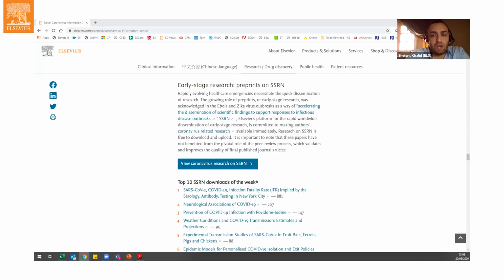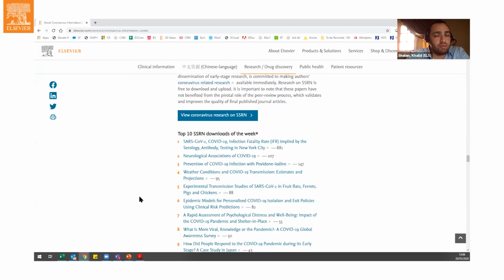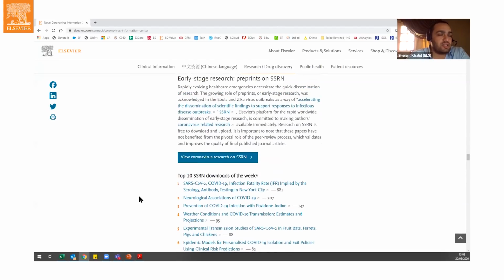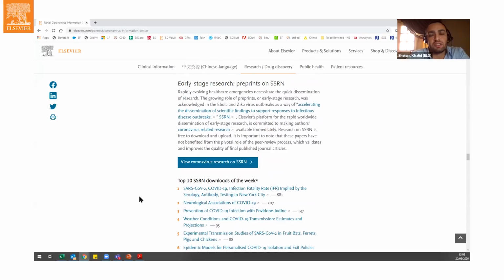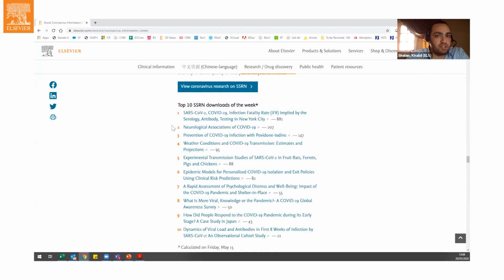So this is also a part as well. Another thing is preprint. Elsevier has SSRN, Social Science Research Network. It started with social science, but now it expanded far beyond social science to include actually health sciences, life sciences, physical sciences as well. And these are the current preprints. One thing that you need to remember, a preprint is an idea that was submitted for peer review. It's not peer reviewed yet,